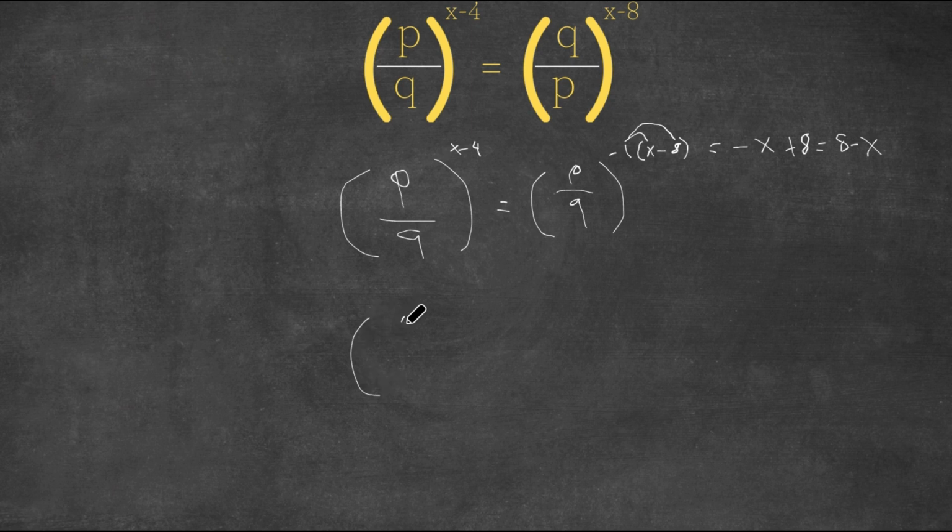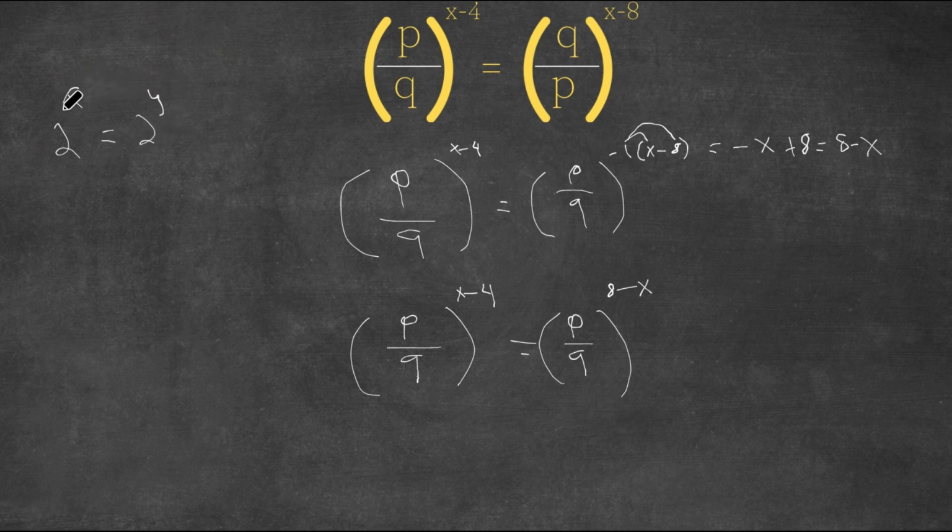So we have (p/q) to the power of x minus 4 is equal to (p/q) to the power of 8 minus x. And now, as you notice, both of our bases are the same. Let's just say we have 2 to the power of x equals 2 to the power of y. That means that x and y are equal, because if their bases are equal,